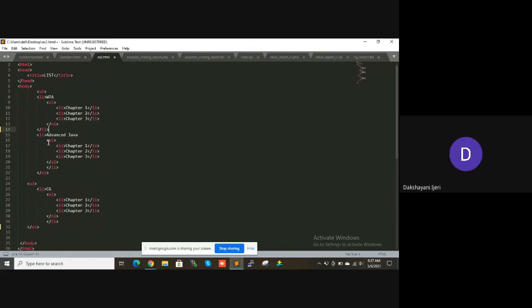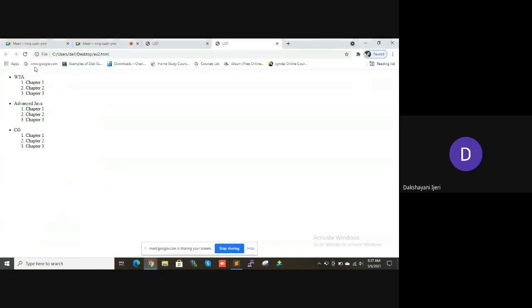And again, remove the closing of that UL. Again, remove that UL opening. Once again, remove that. Leave this. This UL is required here. So save it and run. Check whether you get the same output or not. Save it and then run. Refresh it.